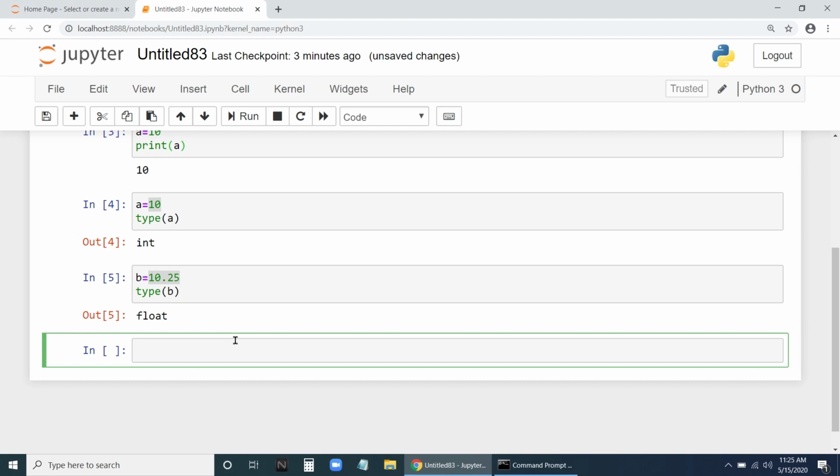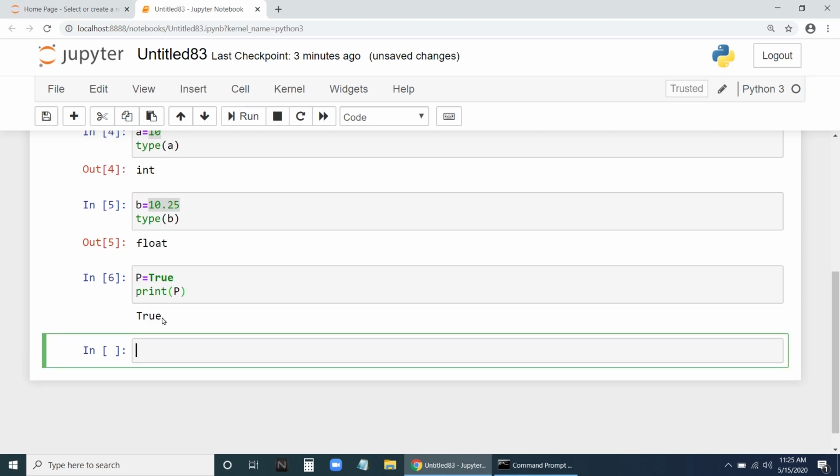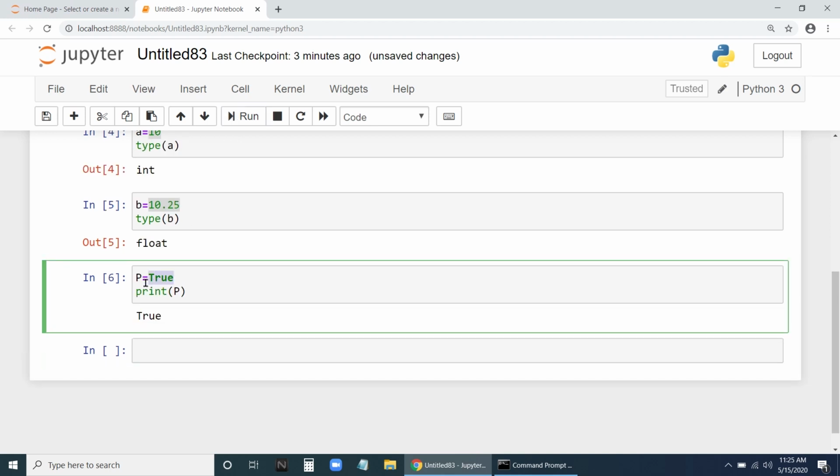Let us say p is equal to True. Let us print this p. See that I have given a capital T. Run this and it is displaying True because it is holding the value True.